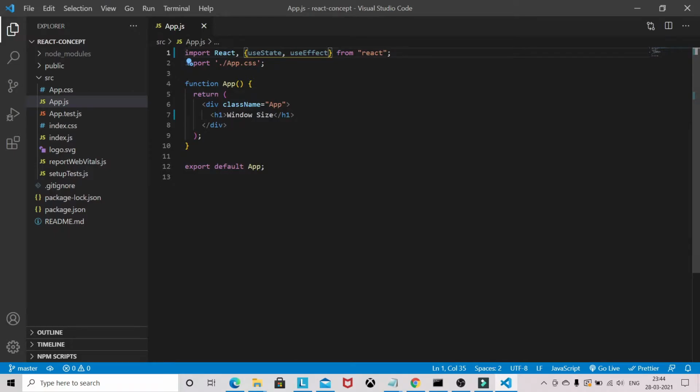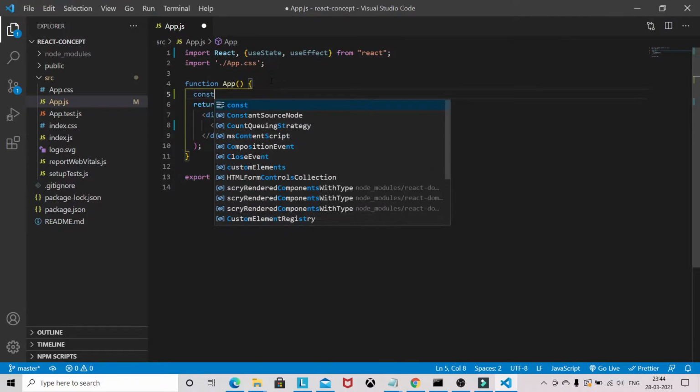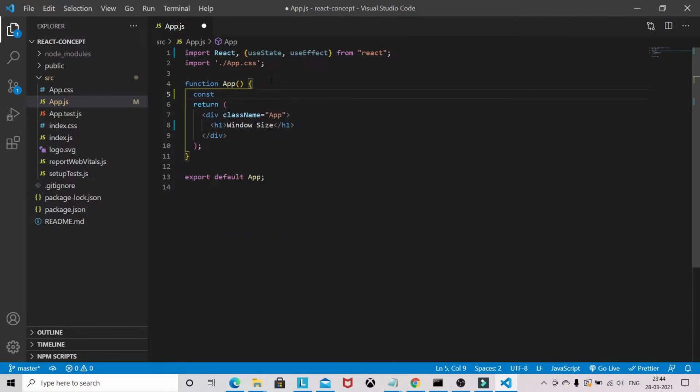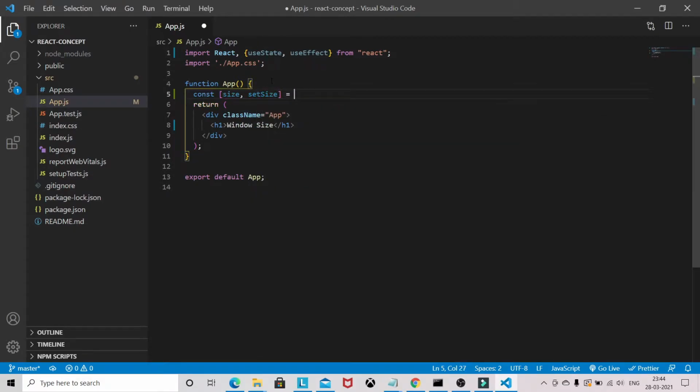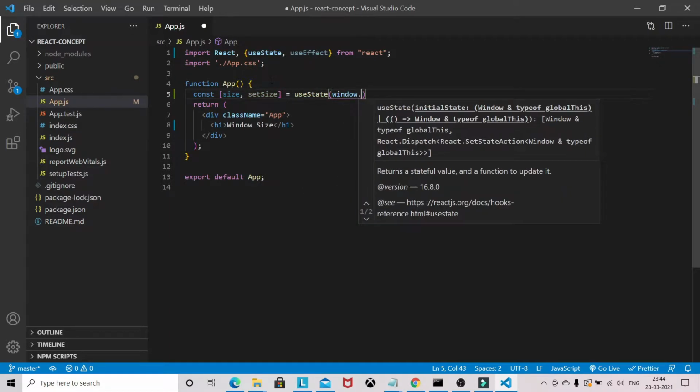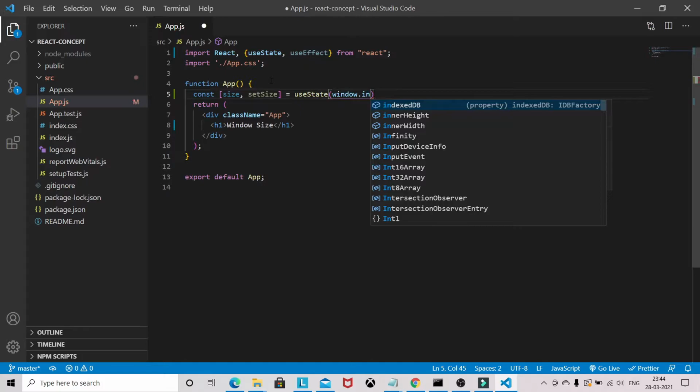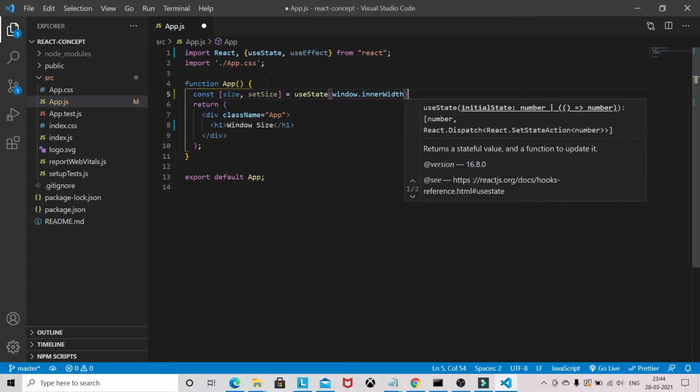Here we will be setting the window width, using useState, and we will be using window.innerWidth.